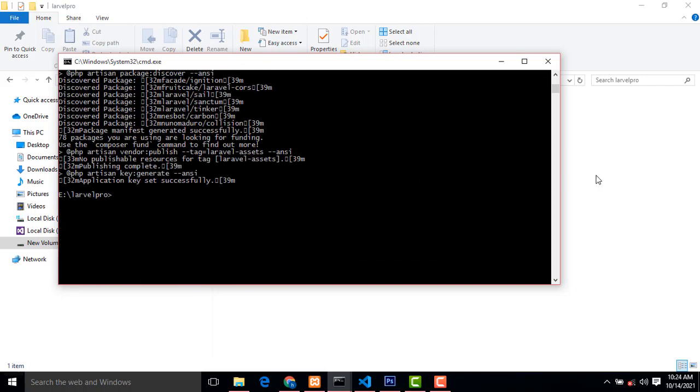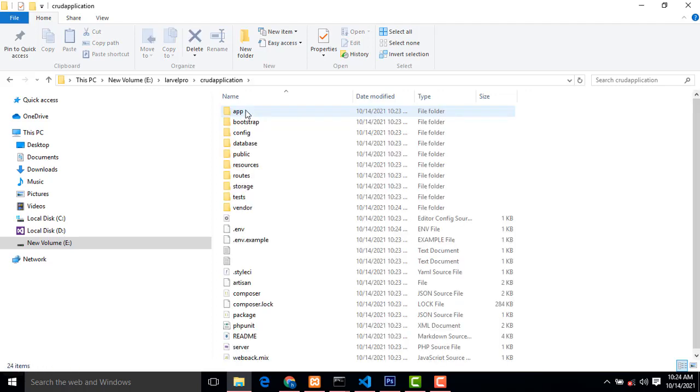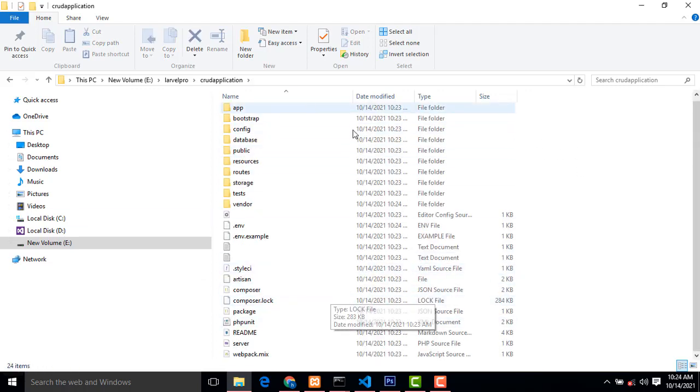Now you just go here. You can see inside the folder the project name you created, CRUD application. Inside the folder, a new folder has been created automatically as CRUD application, and inside it all the Laravel related files have been created. Now I am going to run this application to check whether it is working